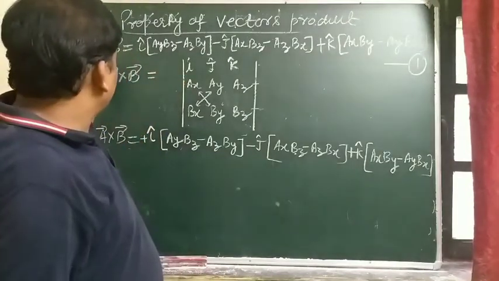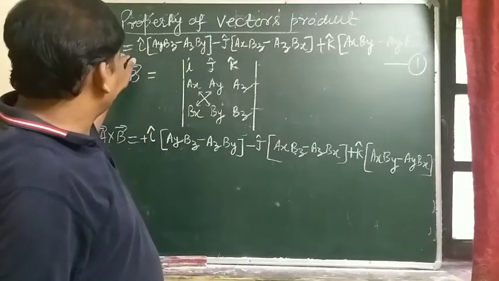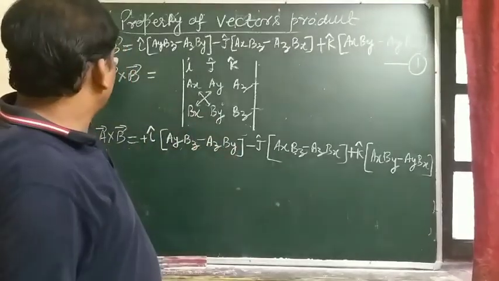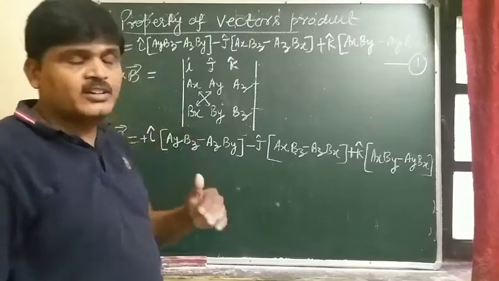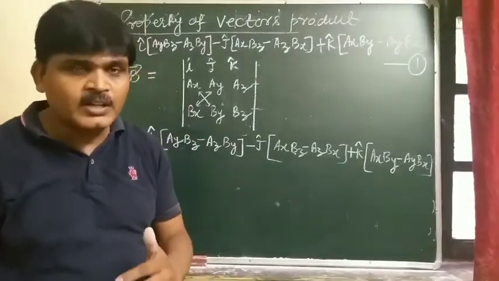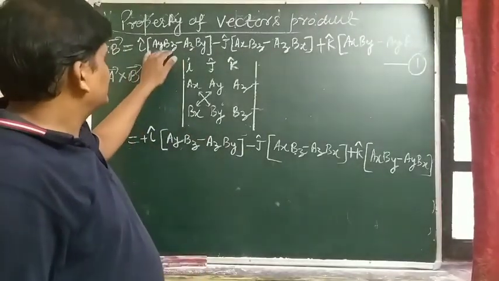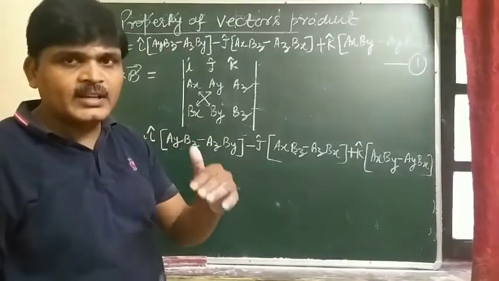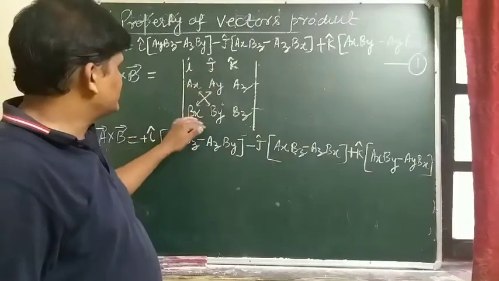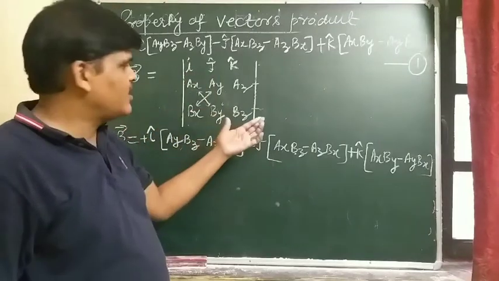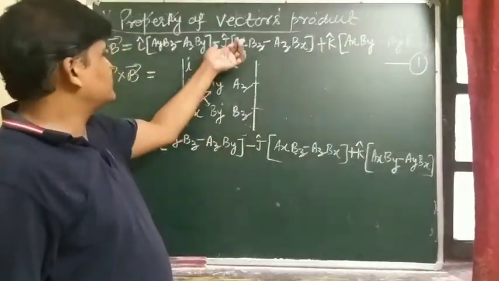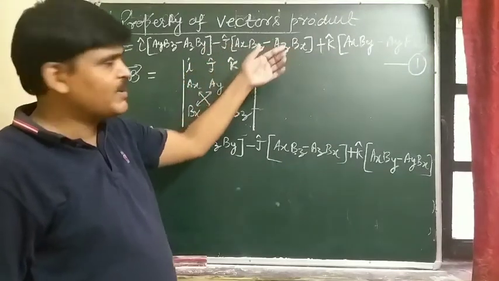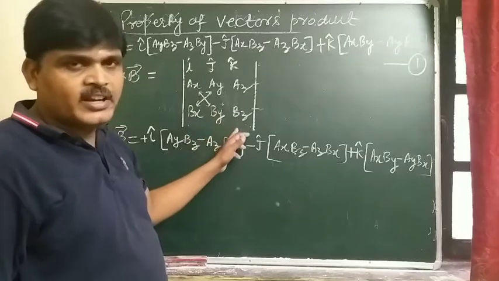rectangular vector product of vector A cross vector B, vector product of vector A and vector B in terms of their rectangular component, and this vector product of rectangular component of vector A and vector B is shown by the determinant. So this vector product of rectangular component of vector A and vector B can be expressed in terms of determinant,